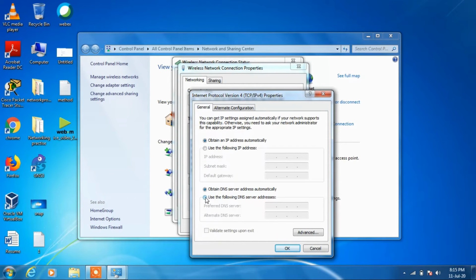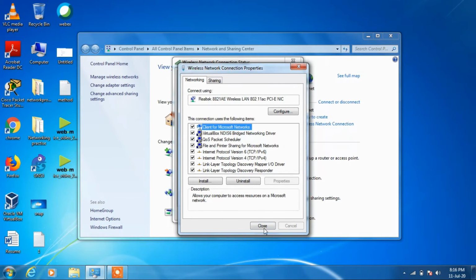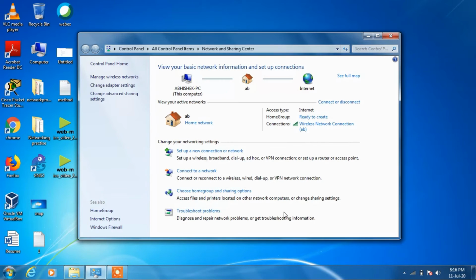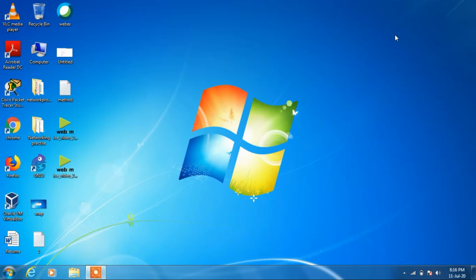Now select the option use the following DNS server addresses. Type 8.8.8.8, and in the alternate DNS server type 8.8.4.4, and click on the OK button. Close this, close this. So this was method number 5.